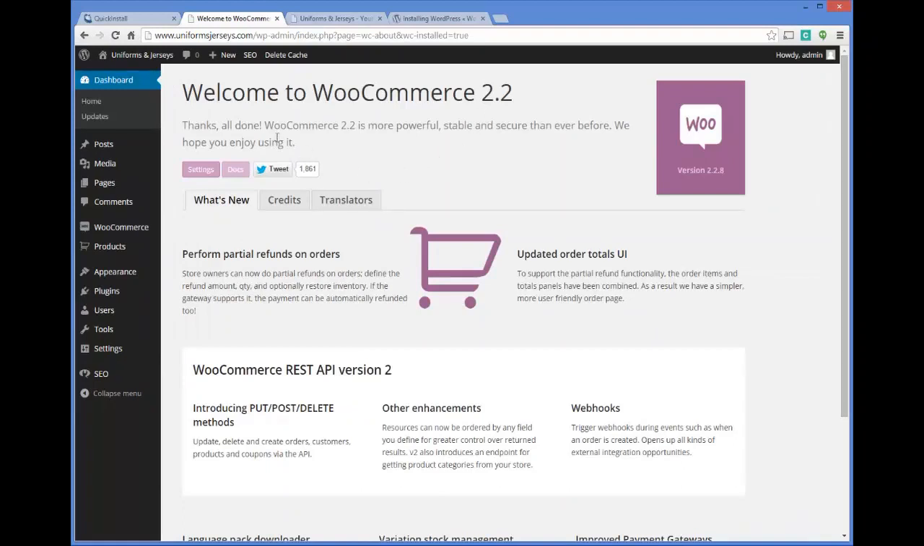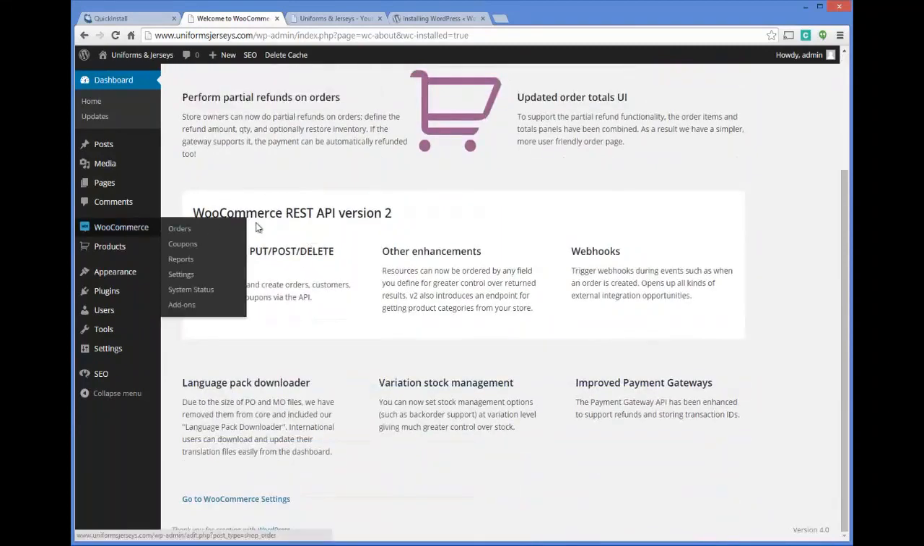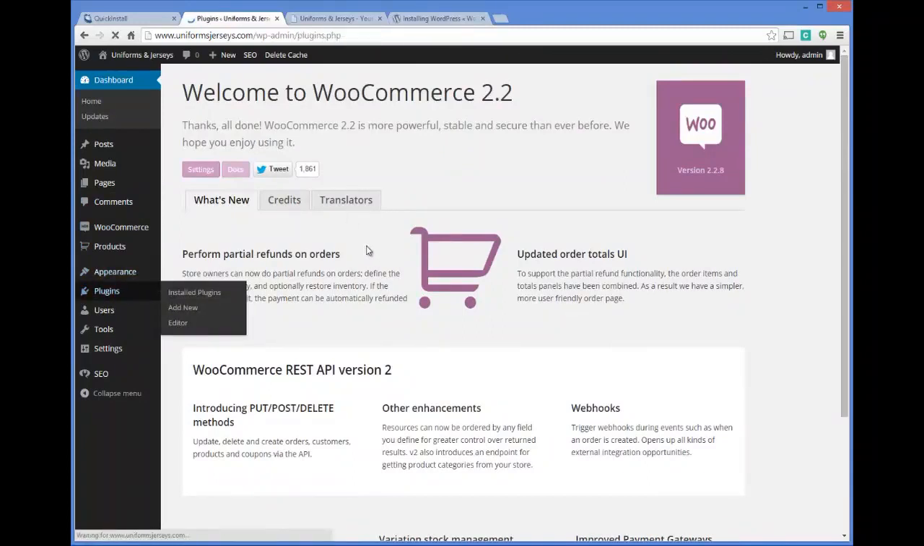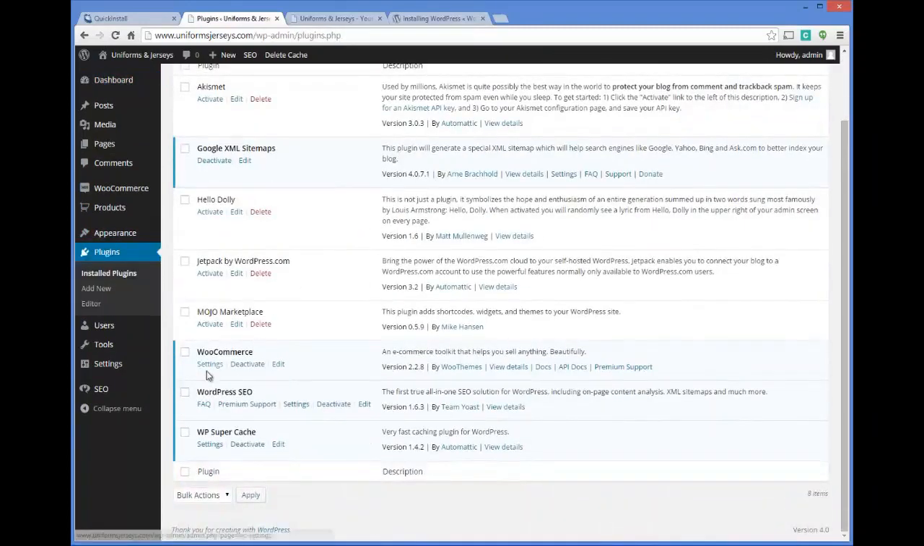All right, so this is it. You're all done. It tells you that WooCommerce 2.2 is fully installed and ready to go. So now we need to integrate this plugin. I'm going to go over here to plugins, and we're just going to make sure that it is active,